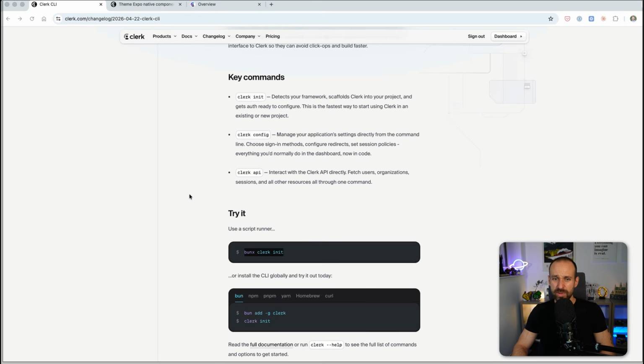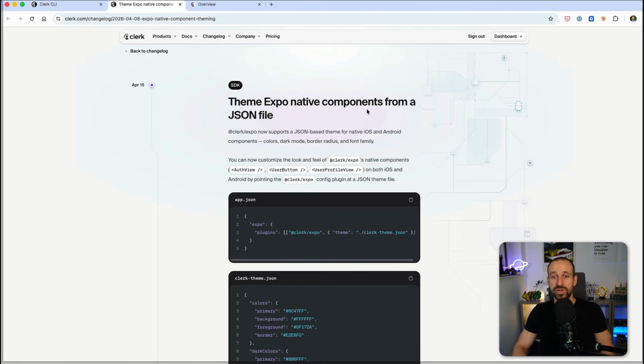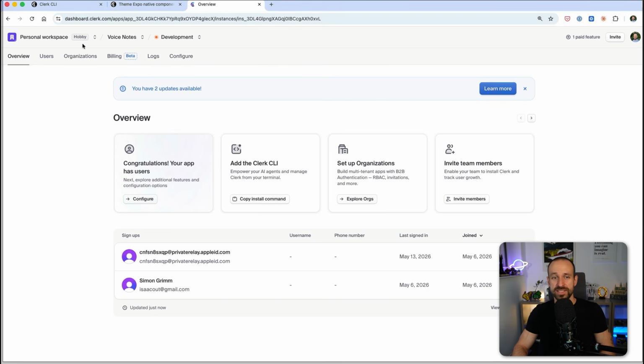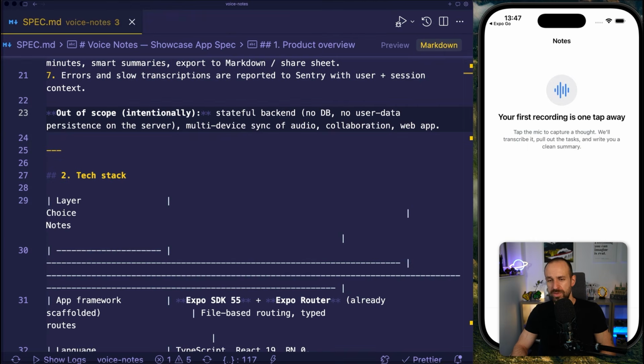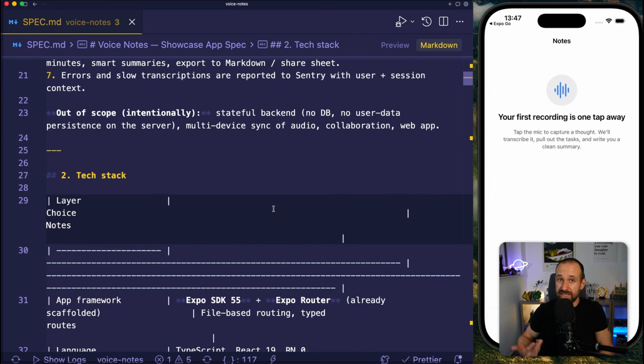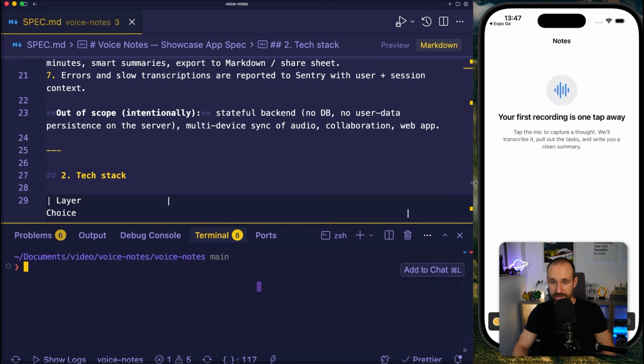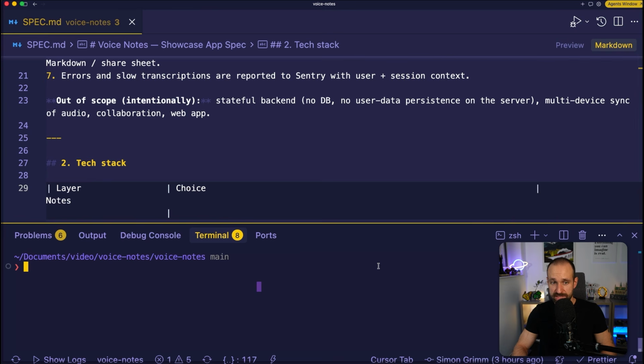And then we also have Expo native components. I'm really excited about this because in the past, we always had to use a different way. So Clerk on the web always had these web components, but on native, with React Native, we had to use it in a slightly different way. I will probably have to kill our live reload now anyway, so let's get a bit more space here